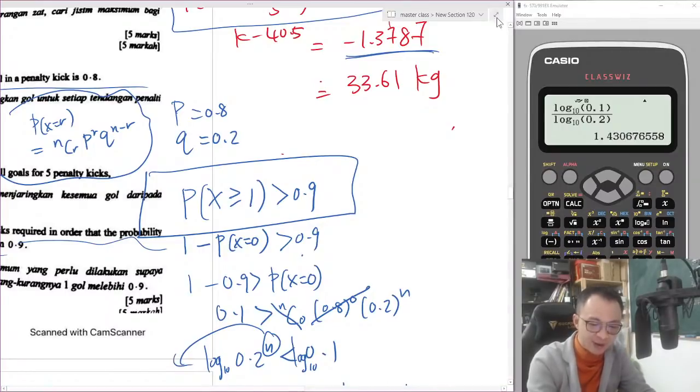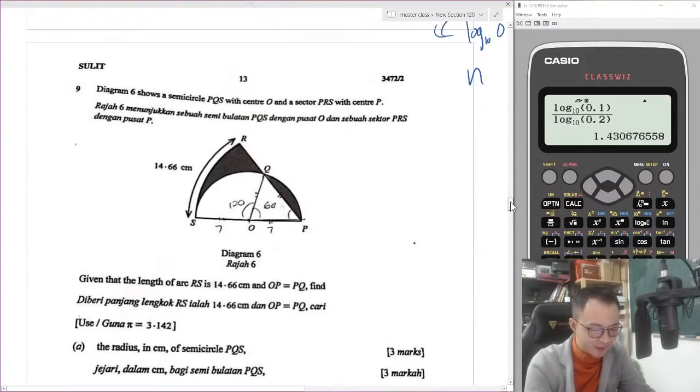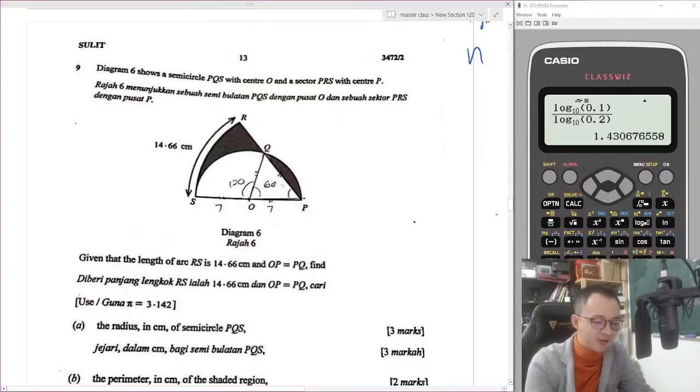Okay, yeah, it's kind of not moving here. Yeah, circular measure. Circular measure is one of the topics I always